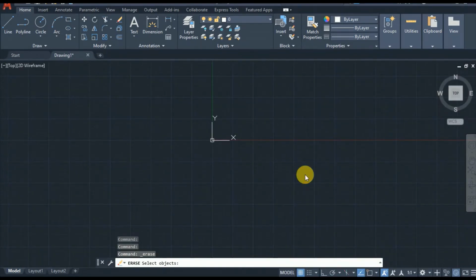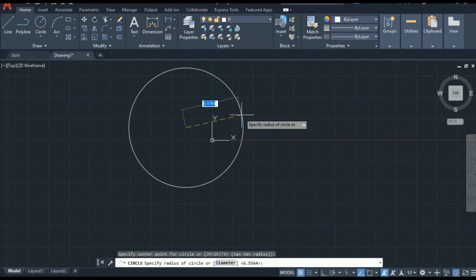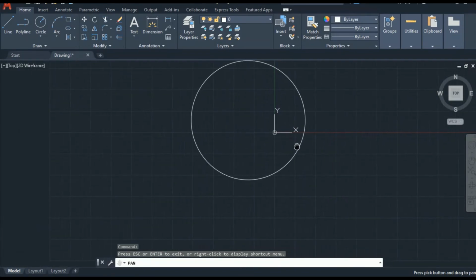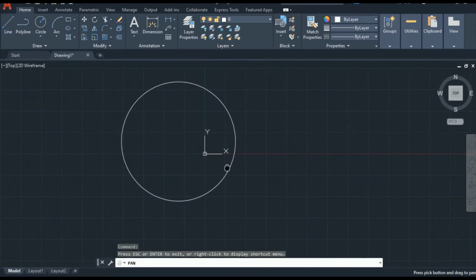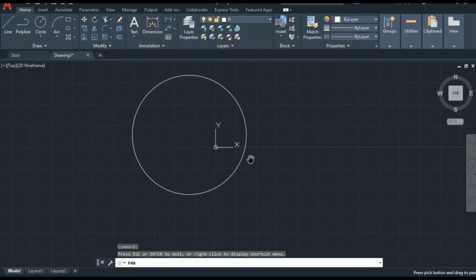Here students face one more problem while working: sometimes this coordinate icon comes in between their drawing. Like this, when we are going to pan, we can see that this coordinate is also moving with our drawing, so it creates disturbance.